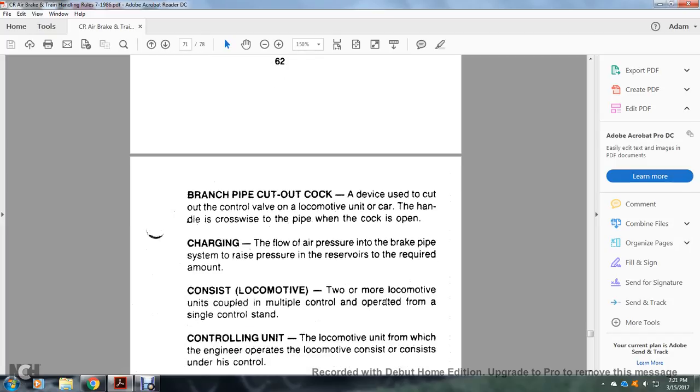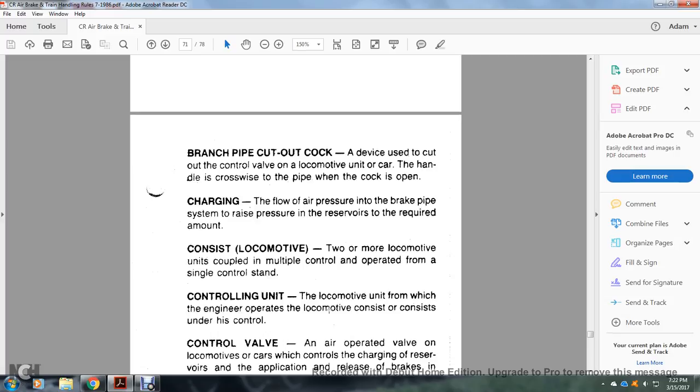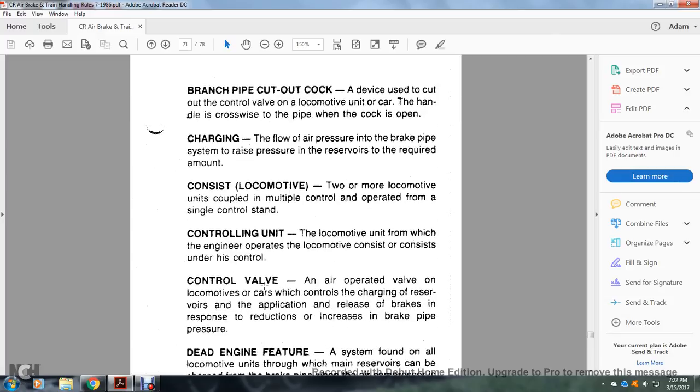Consist: locomotive with two or more locomotive units coupled in multiple, controlled and operated from a single control stand. Control unit: the locomotive unit from which the engineer operates the locomotive consist. Control valve: an air operated valve on the locomotive and cars which controls the charging of the reserve, the application and release of the brake, and responds to the reduction and increase in